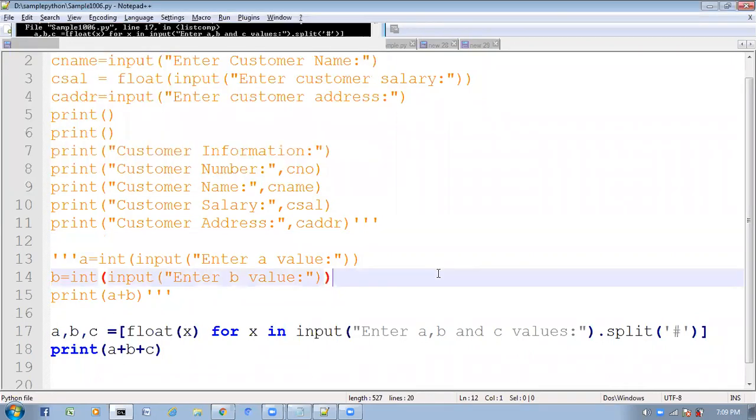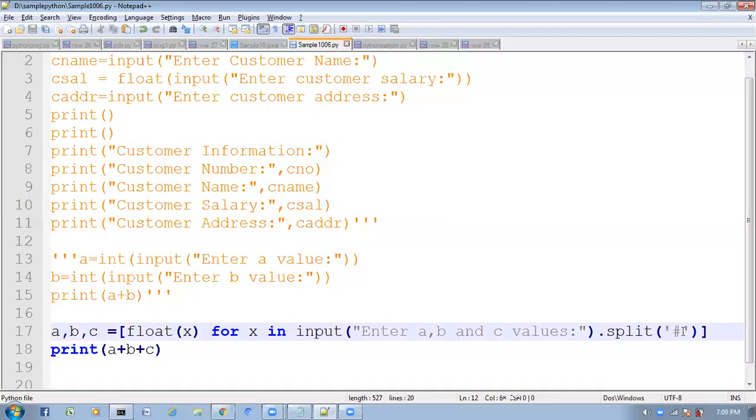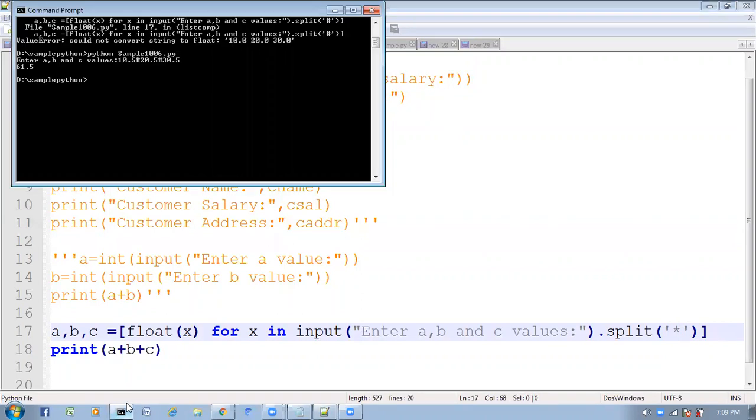Clear? Now if you pass anything else, suppose I am passing the asterisk symbol. While providing the input, how do we provide it? 10 asterisk 20 asterisk 30, like this. Wherever we have the asterisk symbol in the given string, up to there it will split.